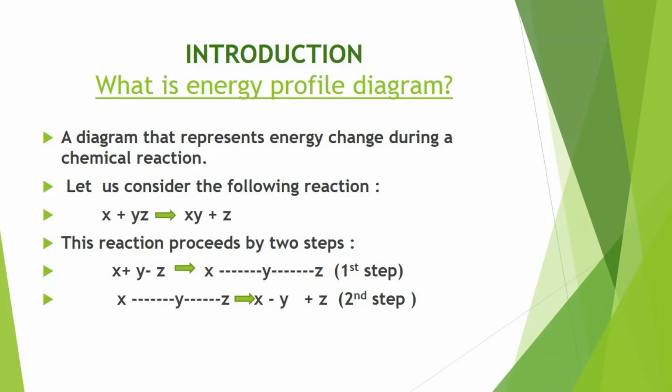In the beginning, the reactants have a certain amount of potential energy. When X approaches YZ, the potential energy increases until the transition state is reached. In this state, the activated complex is formed, the bond between Y and Z is partially broken, and a new bond between X and Y is partially formed. Since this state is unstable, it is converted into product. In this process, potential energy of the system is changed to kinetic energy.